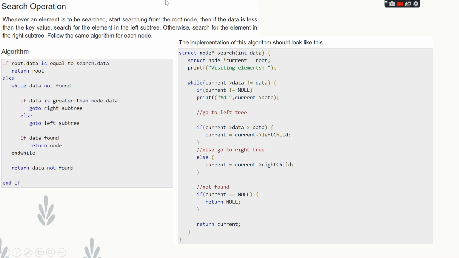So here you can see struct node star search in data, struct node star current equal to root, printf visiting elements. So here we'll be doing the visiting so as to visit the elements to search for that particular node. So while current points to data not equal to data, that is, the node which is there with a data value, if it's not equal to the data value, then only the loop will run. So if current not equal to null, if it's not an empty location, then